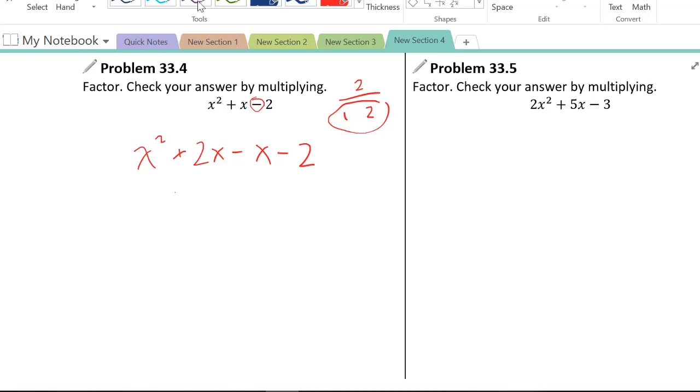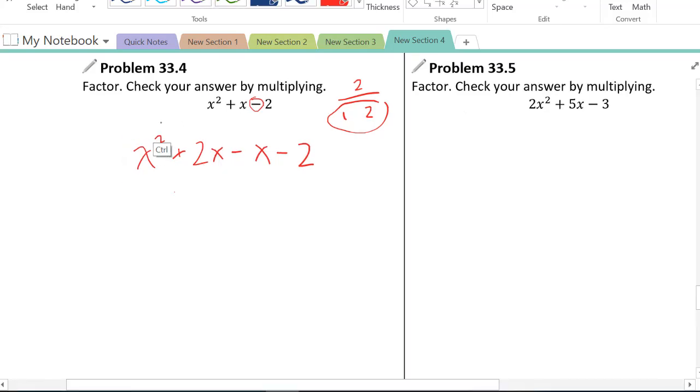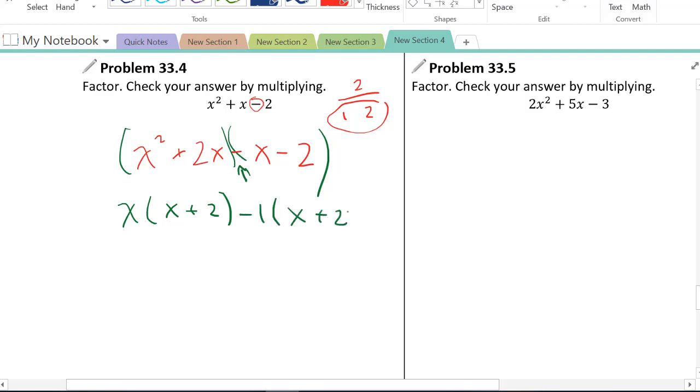All right, if I do it this way, then what happens? I'm just going to group factor here. Group, group, group, group. What can I factor from the first two? I can factor out an x. What's left over? X plus 2. What can I factor from the last two? Remember that term's a negative, so you want to pull out a negative 1. That's the only thing I can factor out, negative 1. So that becomes x plus 2. So what's in common? X plus 2 times x minus 1. Okay,